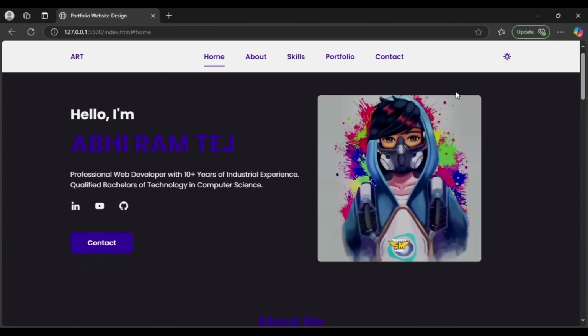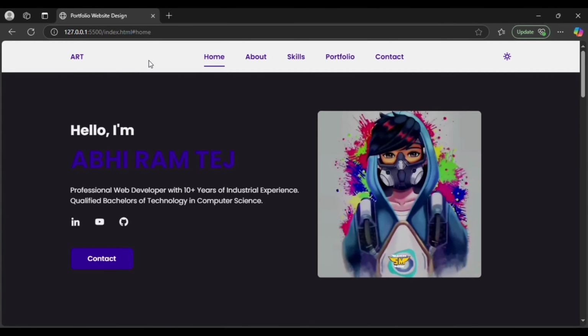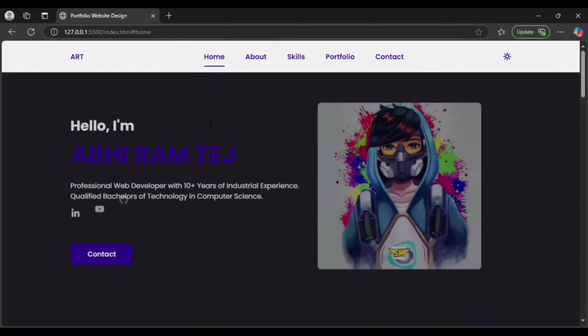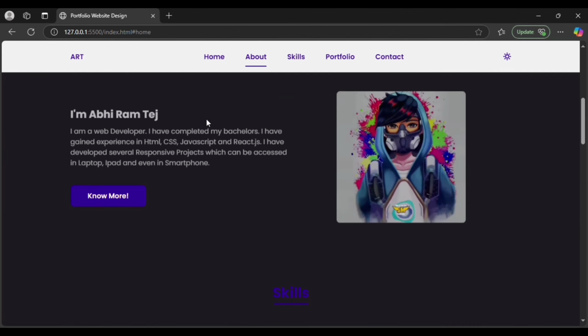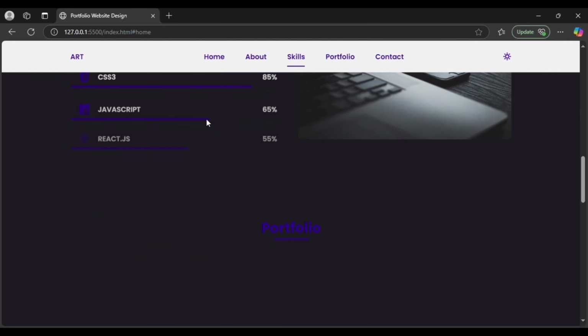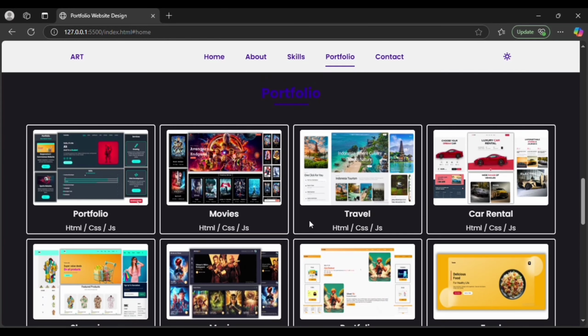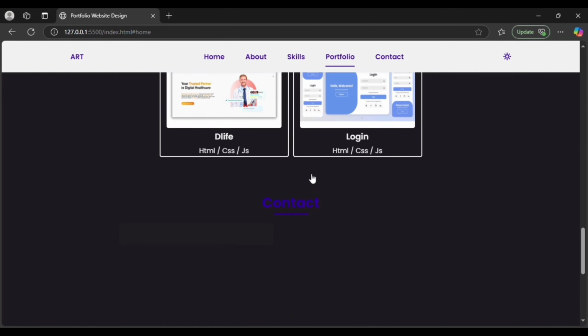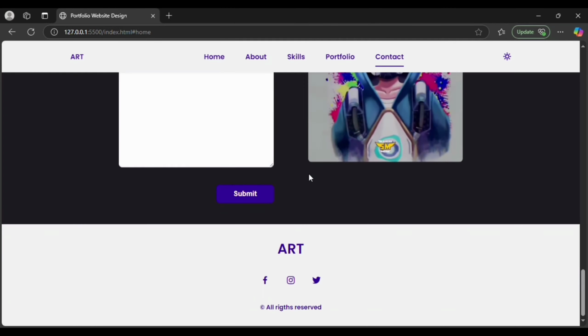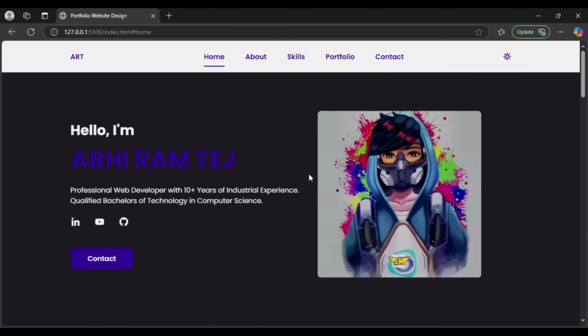Right now we are in the dark mode. You can see the smooth animation. You can see the rectangular box which is not visible in the light mode. You can see the smooth transition effect,